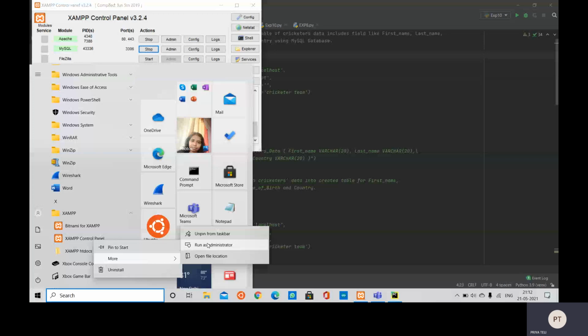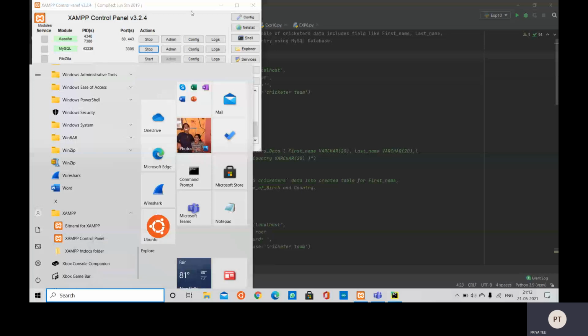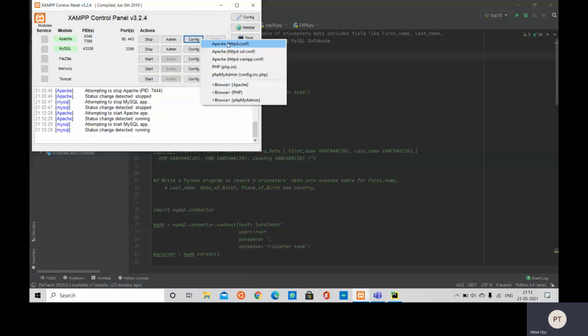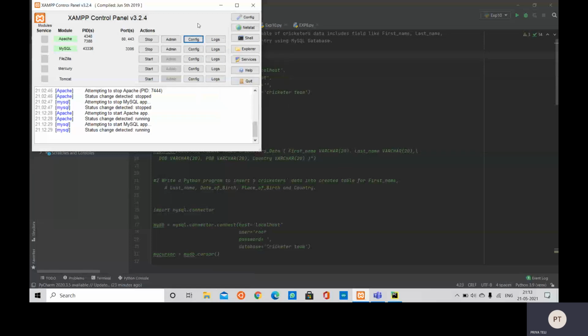And if it still doesn't start, you can do one thing. Go to Config and this first one.